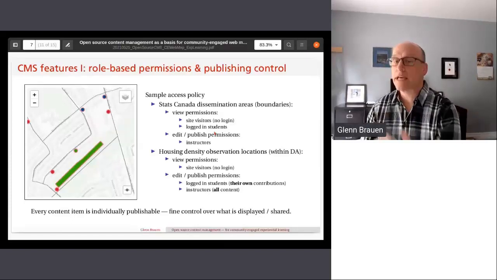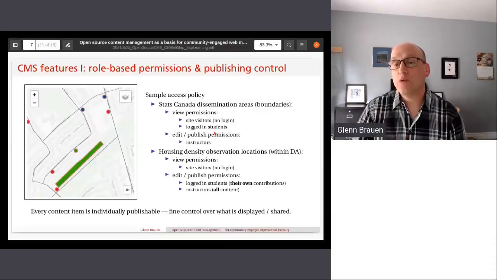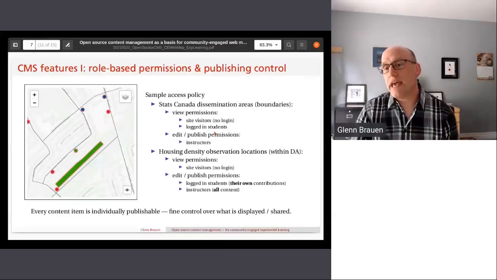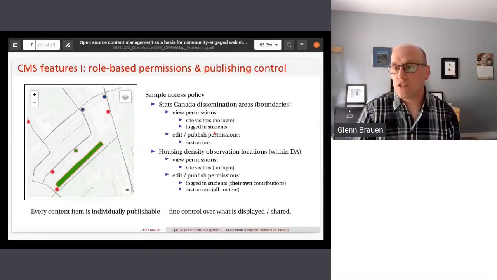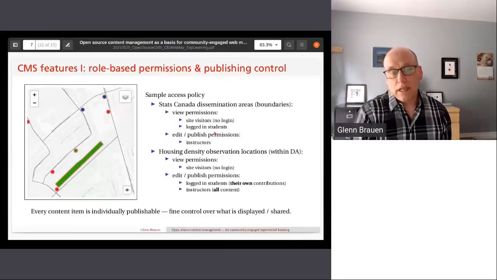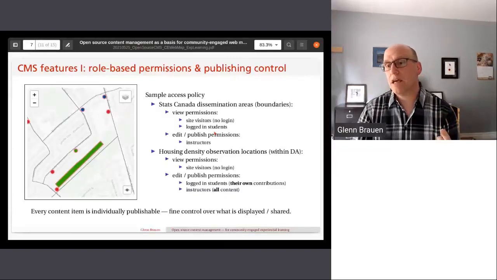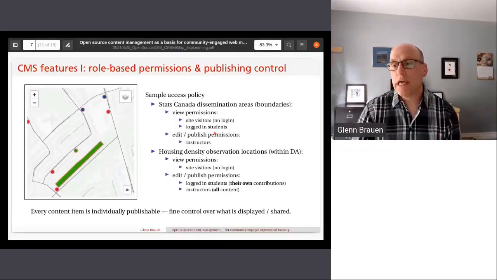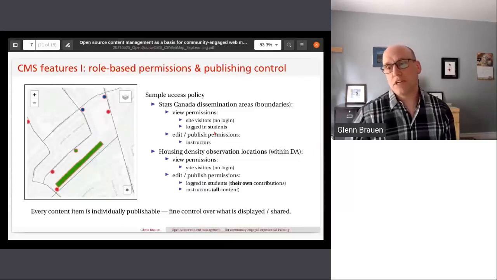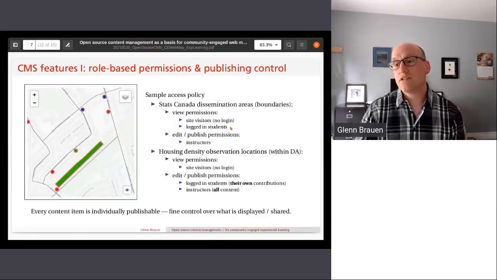So each student is basically selecting one dissemination area that they will visit and collect data in. The instructor sets those up. So only the instructor has edit and publish permissions, but students and site visitors can actually view these things. By contrast, the housing density observations are set up so that students that are logged in can edit and publish their own contributions. Instructors have access to publish and edit all housing density observation locations, and site visitors can only